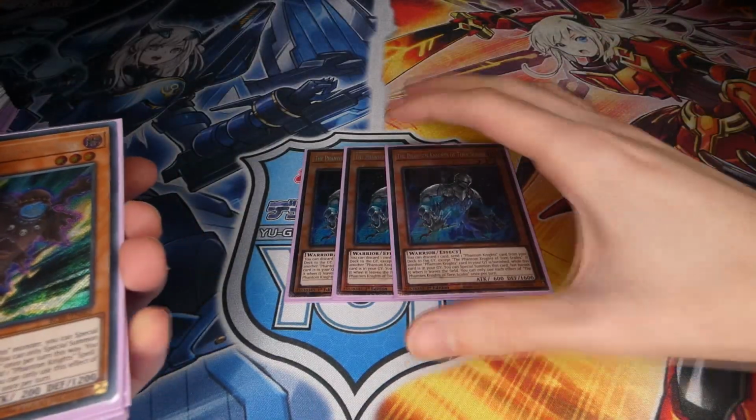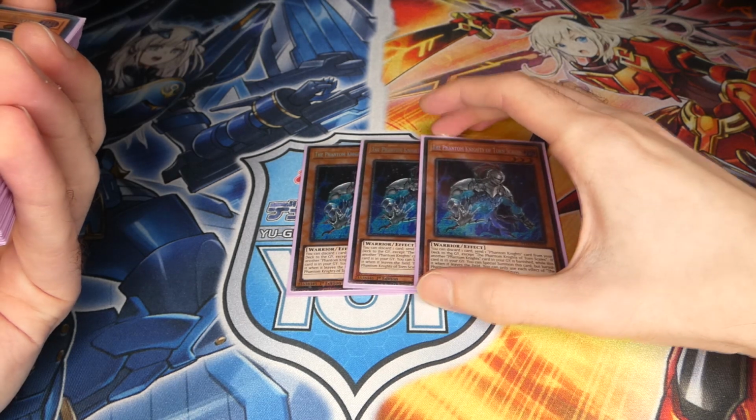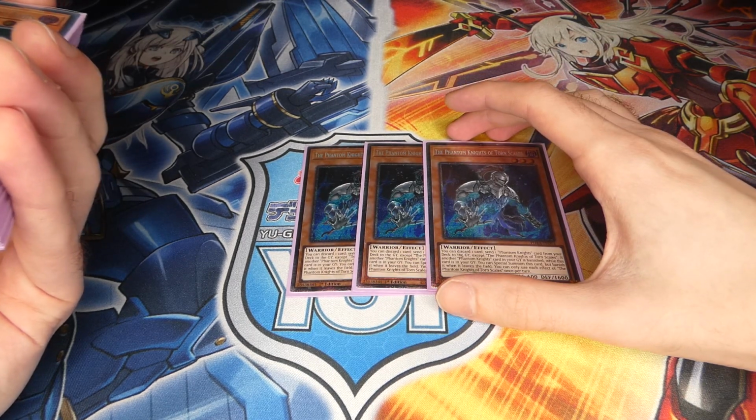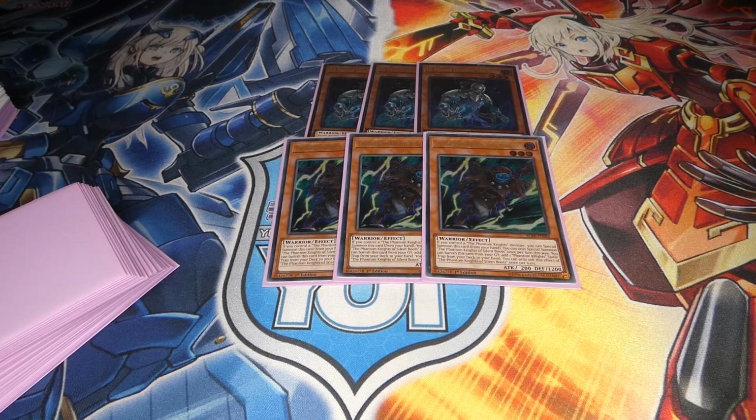Of course, we're starting off with 3 Thornscale. He's just the 1-card starter of the deck. He basically does everything you'll want to see him, literally every hand. So yeah, 3 of him of course, then 3 of the Boots, which is the second best Phantom Knight in